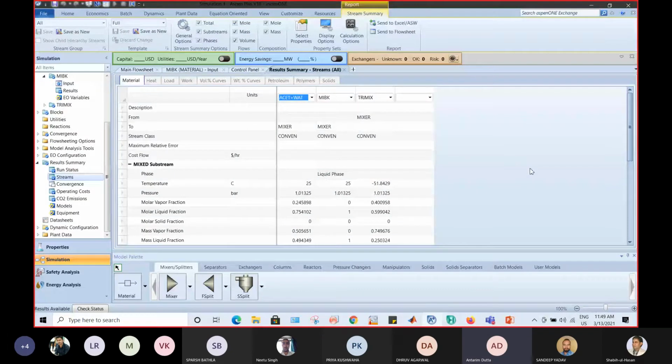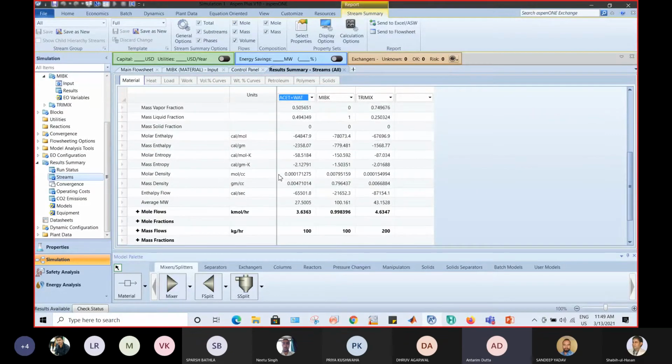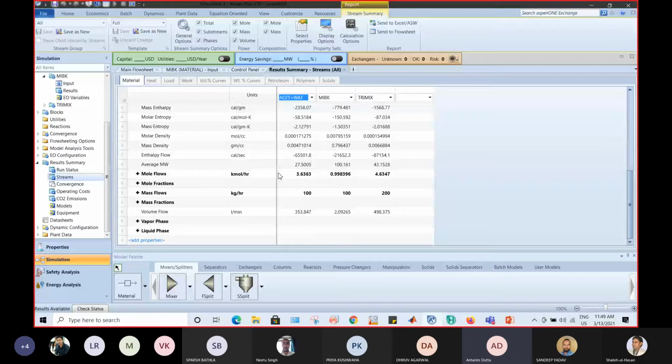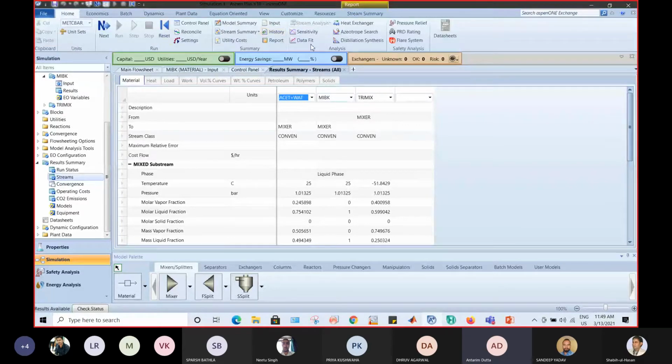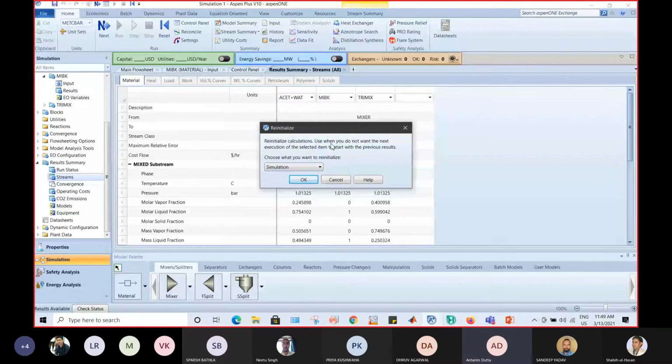So let us say I have performed this simulation, but I am in a position where I have selected my base method in an incorrect way. So what can we do? It's very simple to correct yourself. Just navigate to the home tab, which is present in your quick access toolbar, and click reset. Once you click reset, it will reinitialize the calculation. It will delete every single calculation the simulation has done. Just hit OK. Everything is gone, erased. You have reset everything, and the simulation is not performed yet.